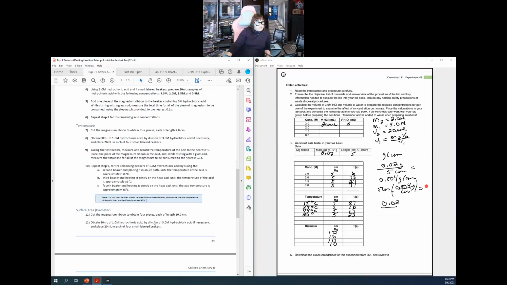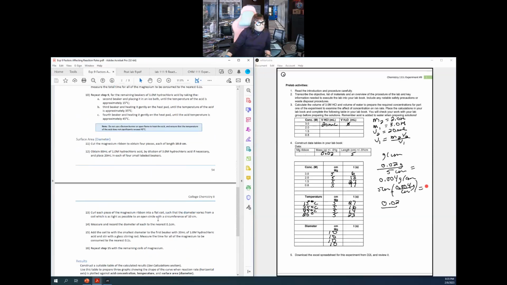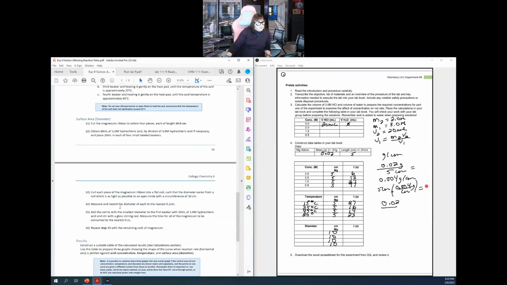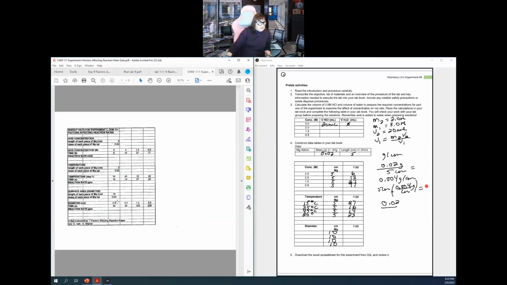And we're going to be looking at, we want to measure the diameter. Okay, so let's see if that's in our data. And we have a diameter that's listed here. Diameter in centimeters